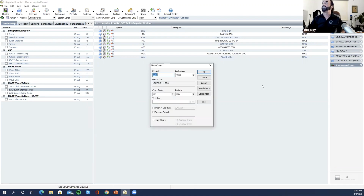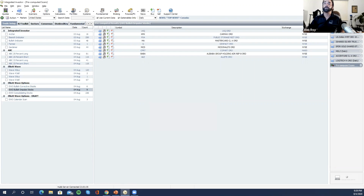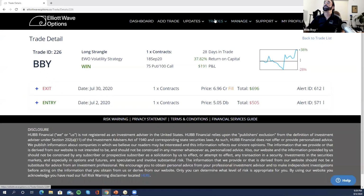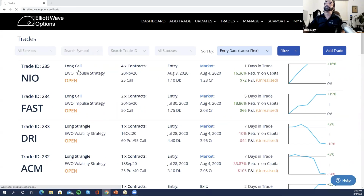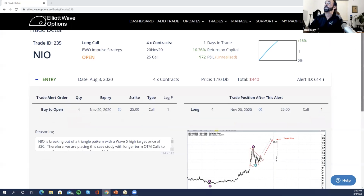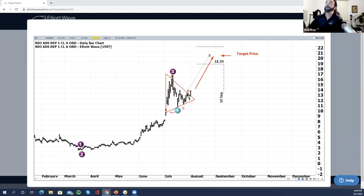Well, let me just pull it up again. Let's see if I still have this window. Yeah, let's just pull it up and I'll show you right from the website again. Newest alert on NEO right here. You can see it's already profitable in one day, 16% in one day. Can't beat that. So let's look at the entry chart and show you that here is a triangle in the